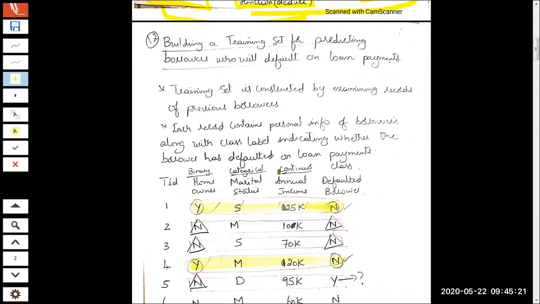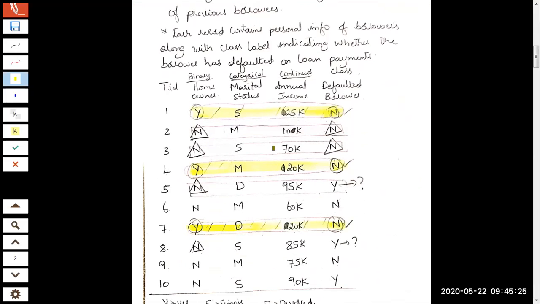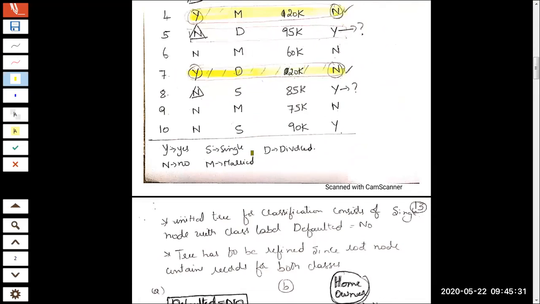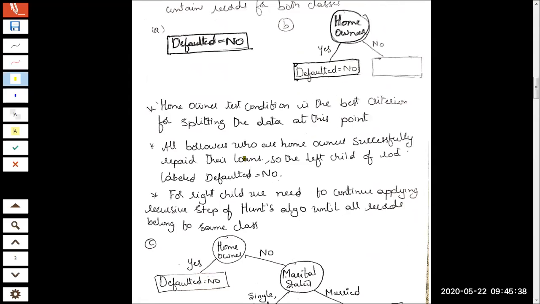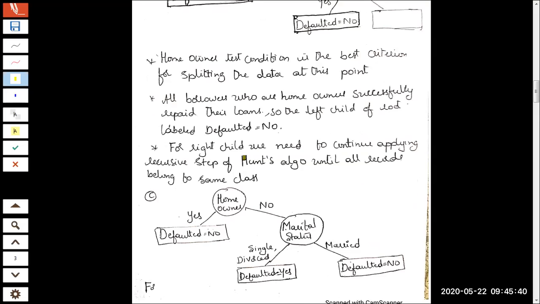Next, we have one more example. This example I have taken from a textbook. So this is a textbook example of building a classifier using a decision tree for a specific application. Which application? The application of approving a loan for the customer. A similar application we had seen previously. This is more specific, considering other attributes.